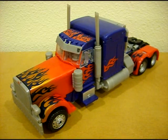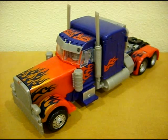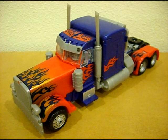In this review, I will be highlighting the transformation, special features, and other notables of the Leader Class Autobot Optimus Prime set from the 2009 feature film Transformers: Revenge of the Fallen. This review is being broken down into two separate videos. Part 1, which you are watching now, is going to cover the highlights and special features of just truck mode and just robot mode. Part 2 is going to be exclusively covering the transformation and the highlights therein, because that